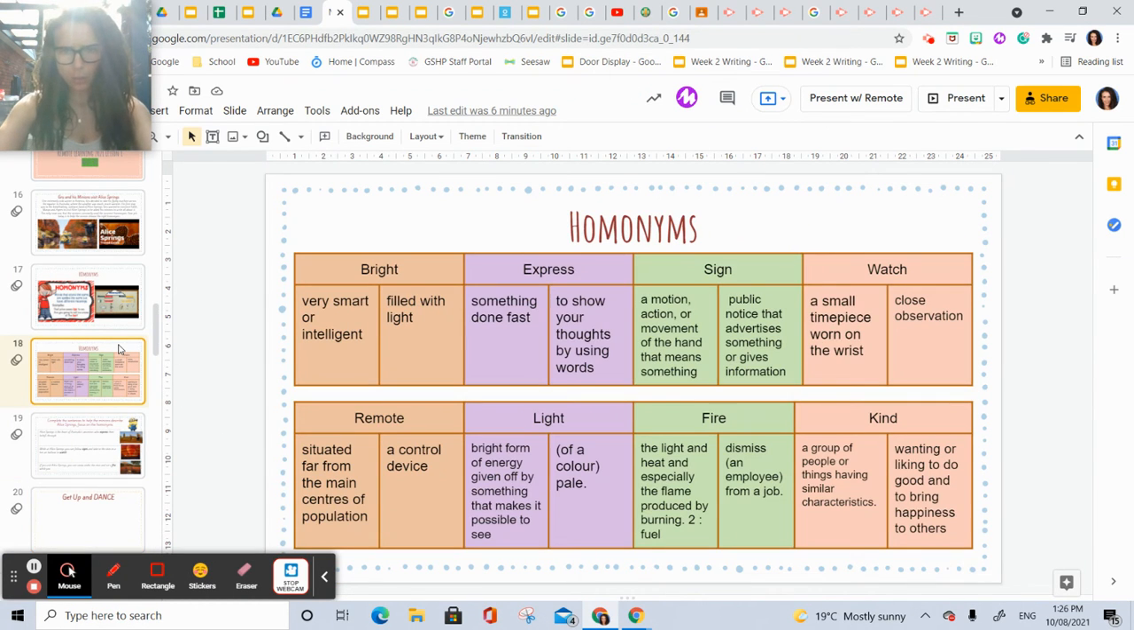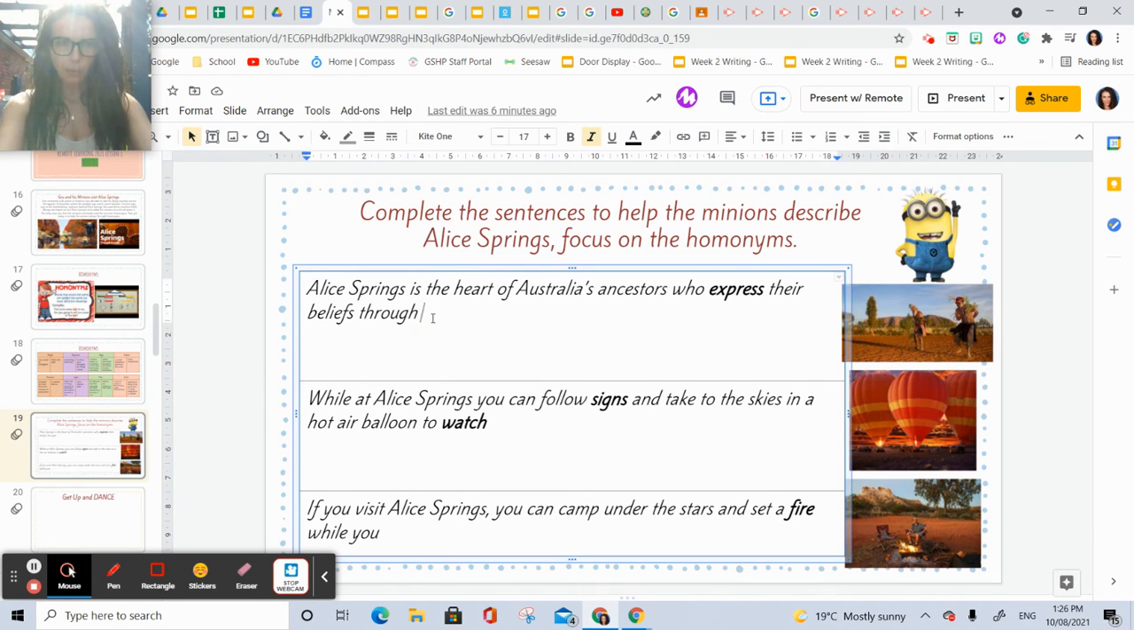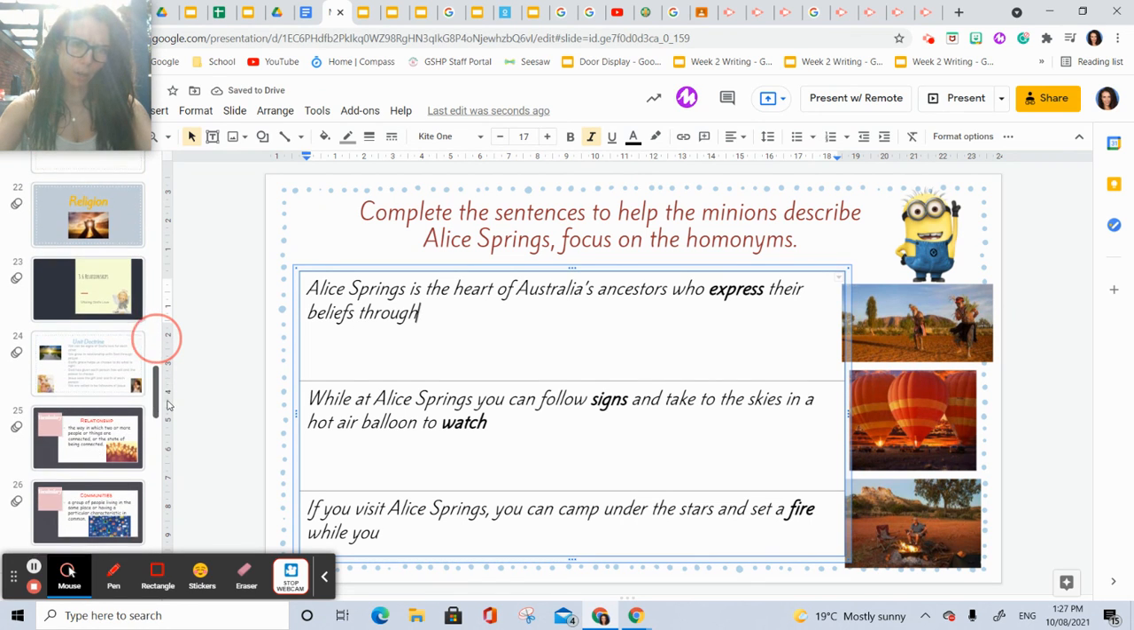Now, if you forgot the meaning of those words, go back and have a look. So, for example, I think I might say Alice Springs is the heart of Australia's ancestors who expressed their beliefs through their Dreamtime stories, dance, and art. Full stop. Okay? So that's what I would like to see, but I'm going to take this off. If you remember that sentence, you might be able to use that. Okay. And for religion,